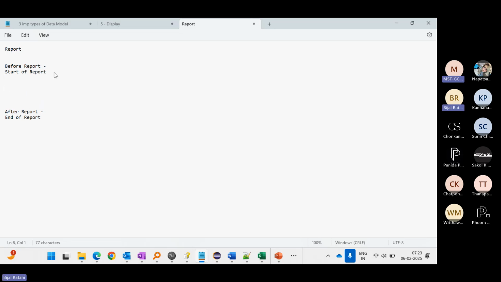Similarly, we have another layout called header. This we already saw. So here I will just write: prints once in a report at the start. And this,